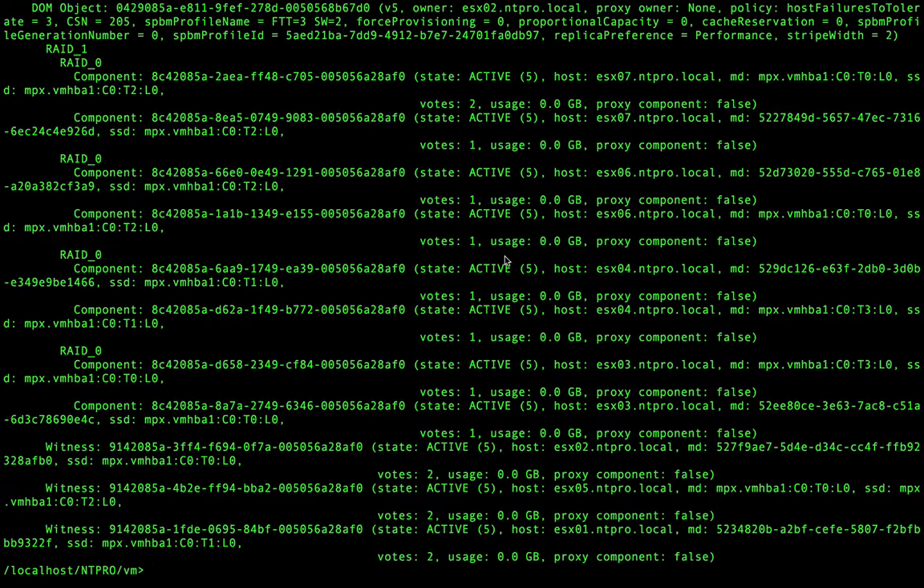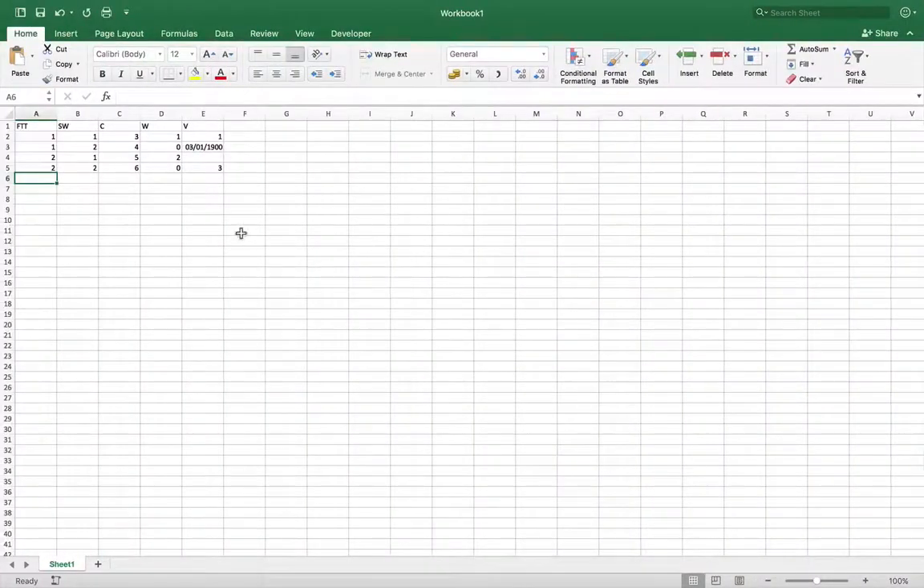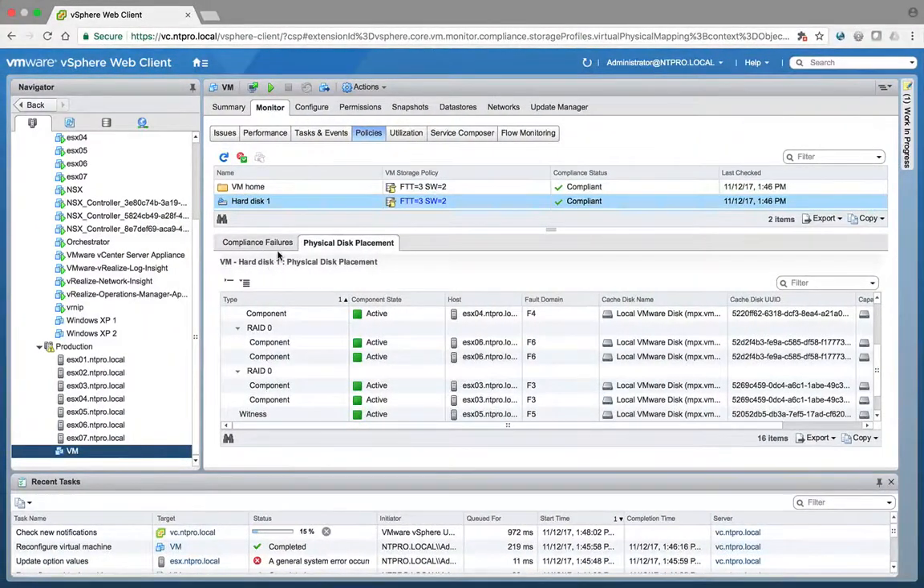So in this case, if you have 8 votes or more, you're the owner of the active object. So 3 failures to tolerate with a stripe width of 1. There were 3 witnesses, 3 failures to tolerate with a stripe width of 2. We had 3 witnesses, and we also had the votes. Okay, last but not least, when you have an SSD